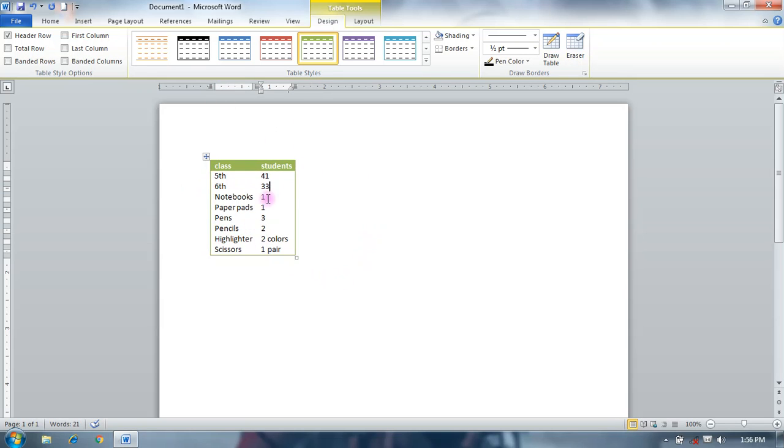Okay, this is the other option of creating a table.